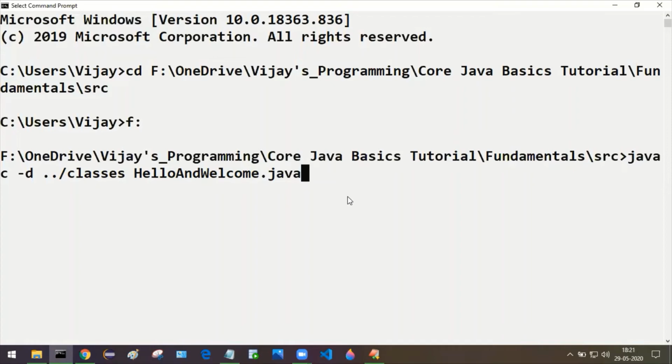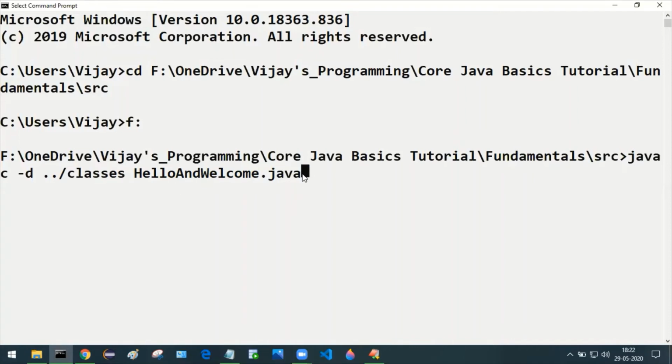We are directing the command prompt that the generated dot class file should be kept inside this classes folder. By using javac, we compile hello and welcome dot java, and after successful compilation, the generated dot class file should be kept inside this classes folder.